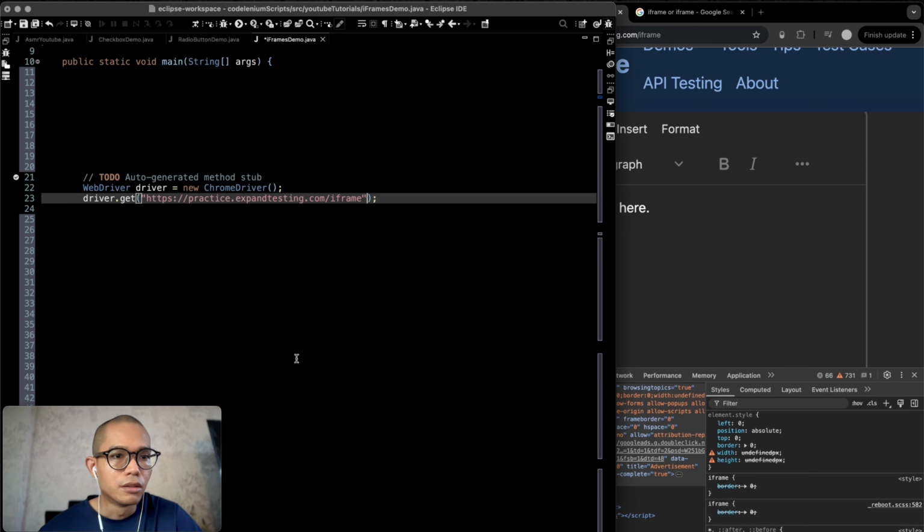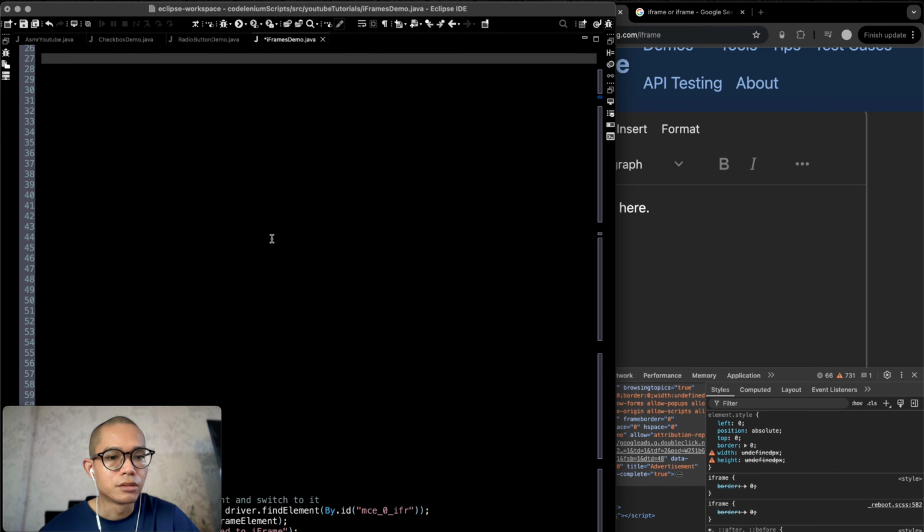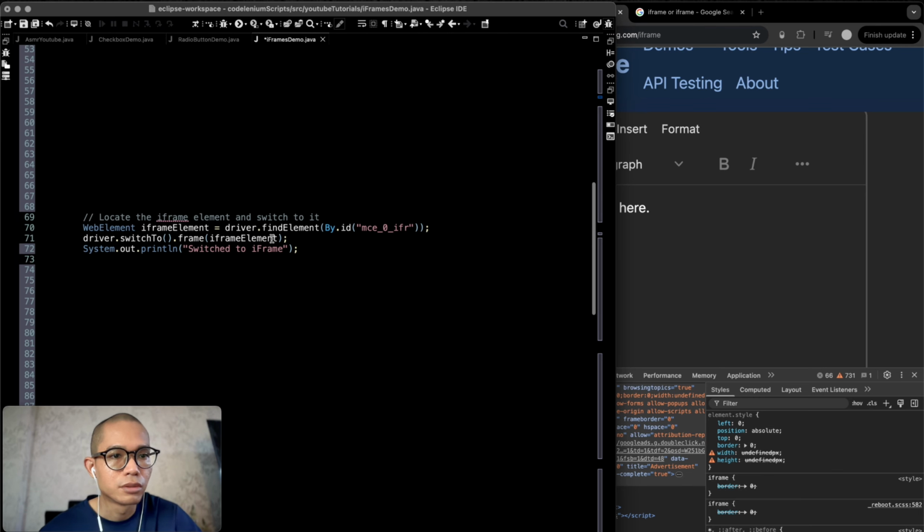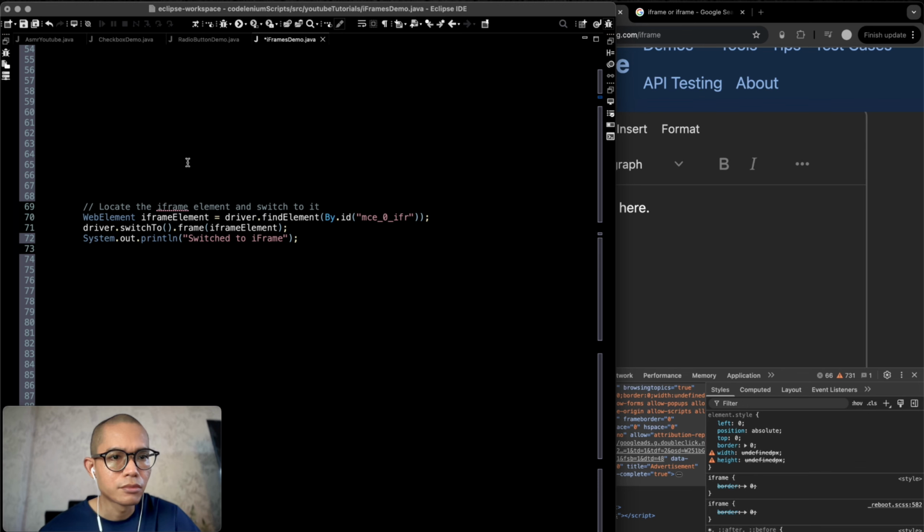For the code, we have me initializing the WebDriver to go to this website using driver.get. Then after that's done, the first thing we want to do is locate the iframe element and switch to it. So we create a new web element object called iframeElement, equals driver.findElement, and then we find the element by